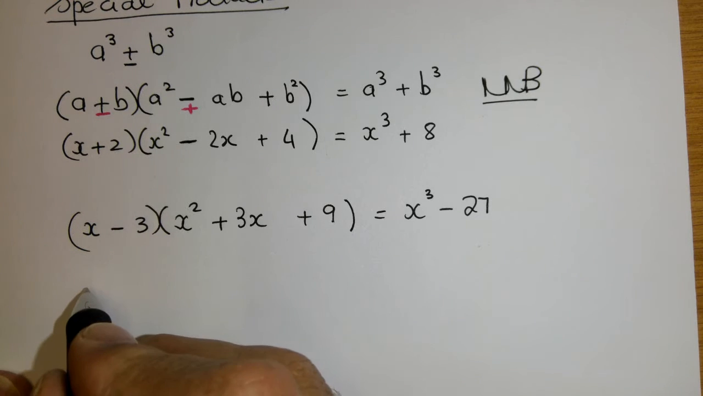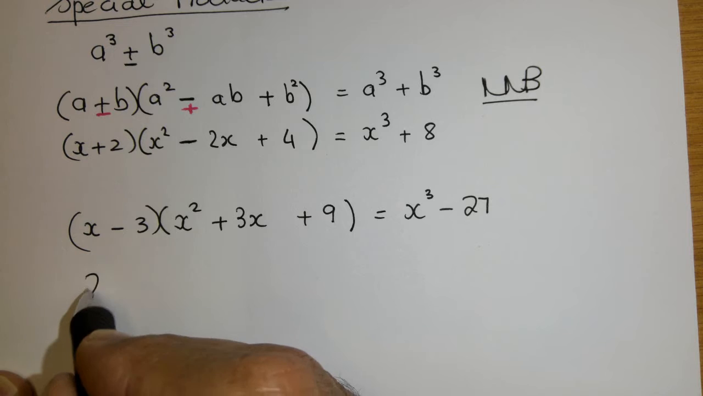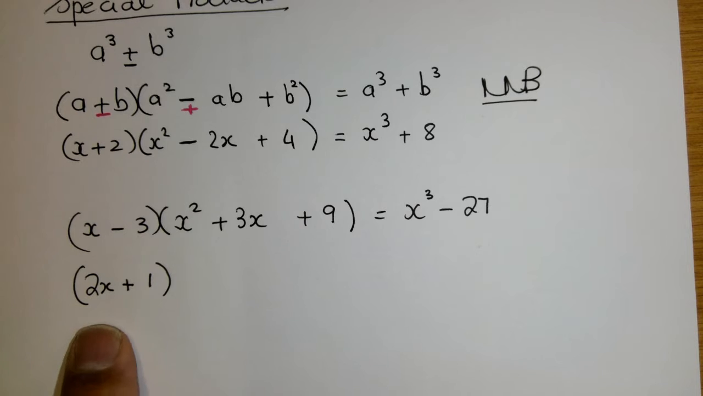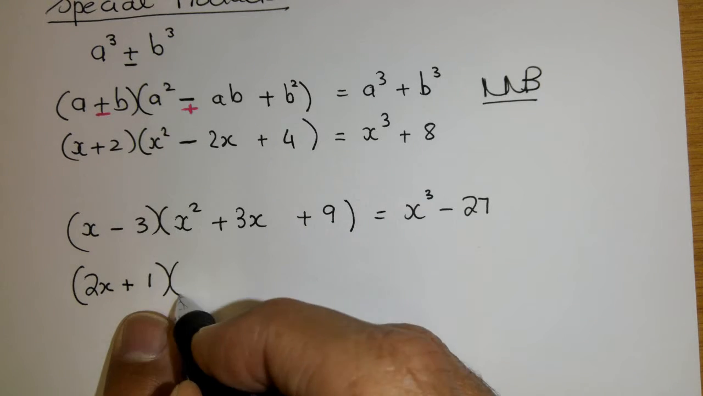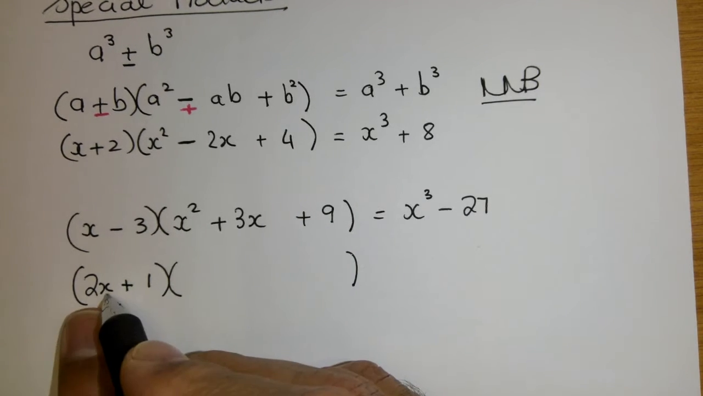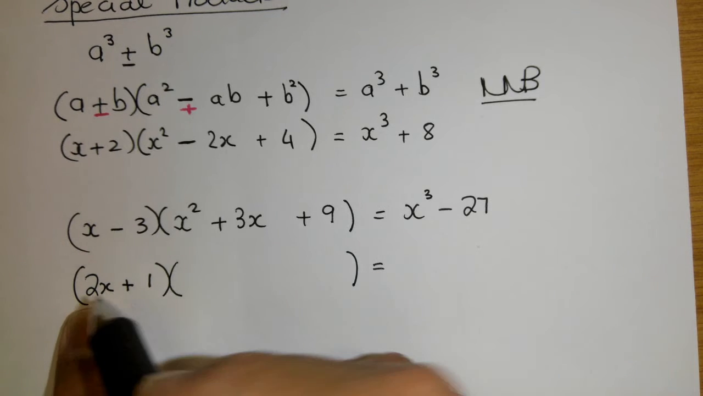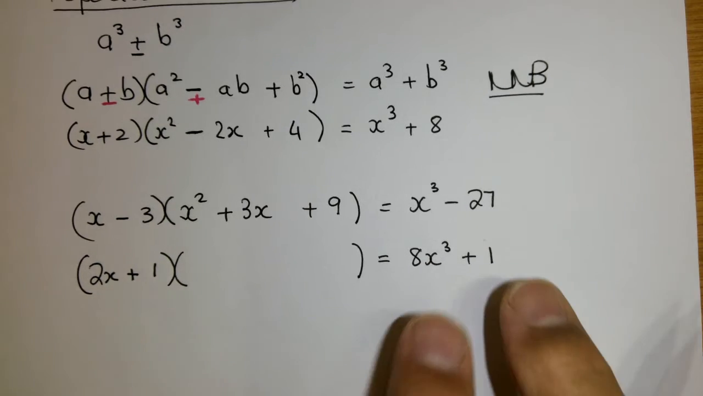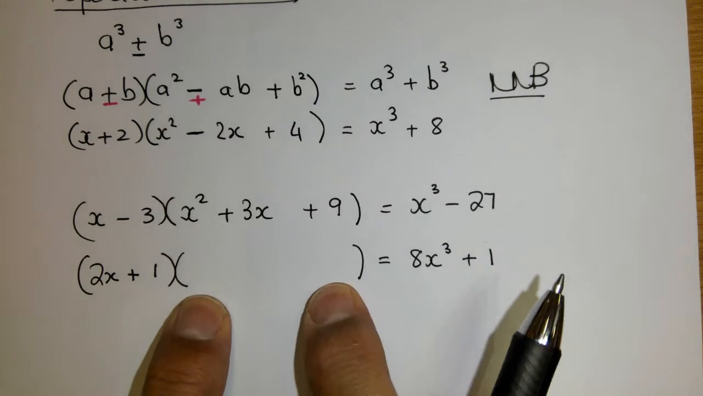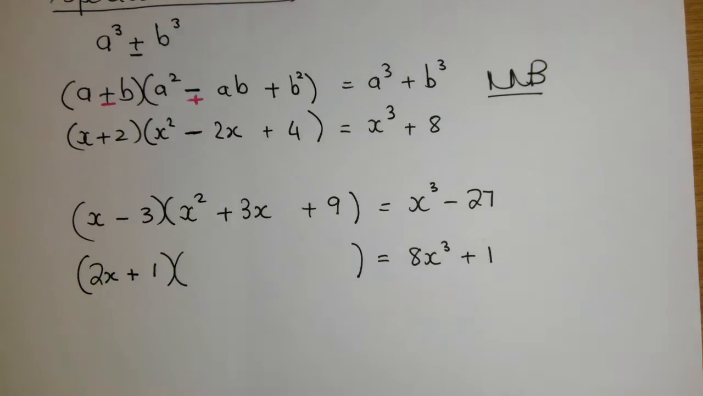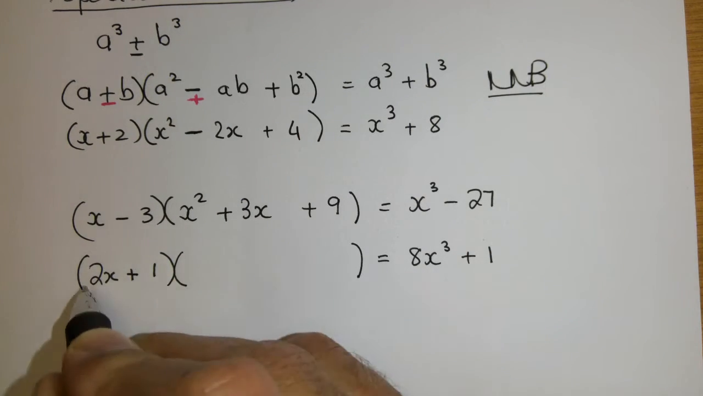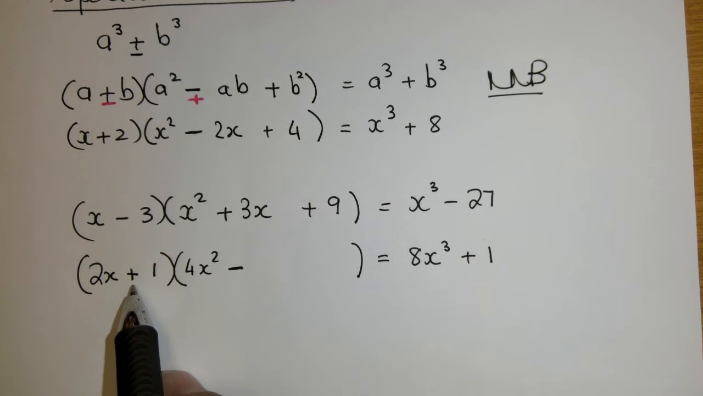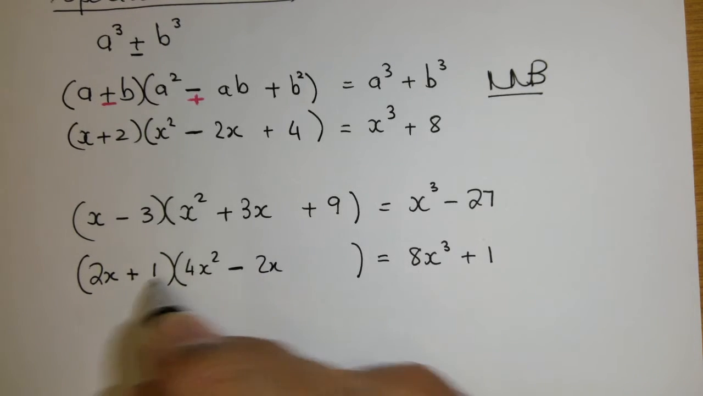Okay, let's go for 2x minus or plus 1, where there's coefficients in front of the x's. In this bracket, I must have, if I want this to be 2 to the power 3 is 8, x cubed plus 1. If that is the result, then this must take on that form. Okay, so it has to be this first term squared, which is 4x squared minus, because there's a plus, 2x, and then plus